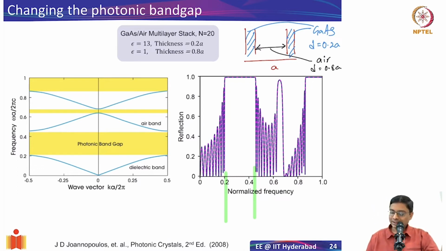You see that here the band gap is exactly matching the band gap here. And similarly, anything above 0.85 or so, you see that this region again exhibits a reflection, and that's what you see here. And in between, there is a very small narrow region, a small band gap. Because it's a small band gap, you see that the reflection is not perfectly going to 1, but is slightly smaller, because some amount of waves are actually leaking in. It's not a very strong band gap. It's a very narrow band gap, and that's why the reflection is smoother here.